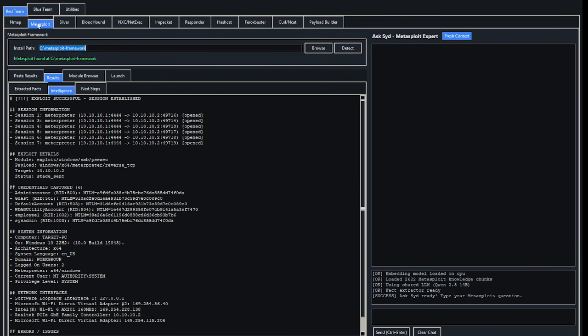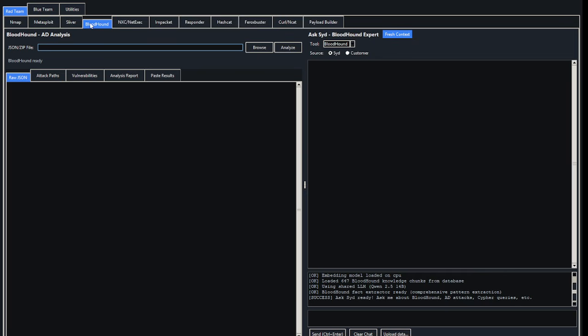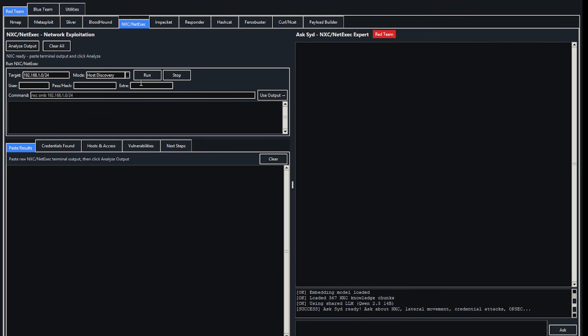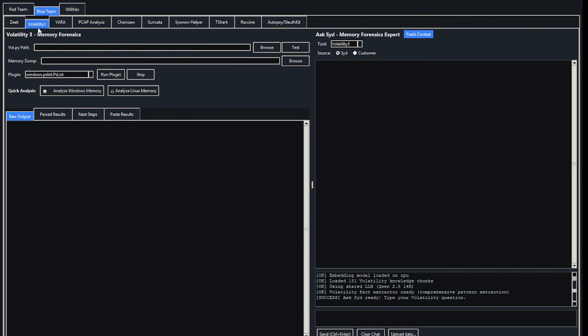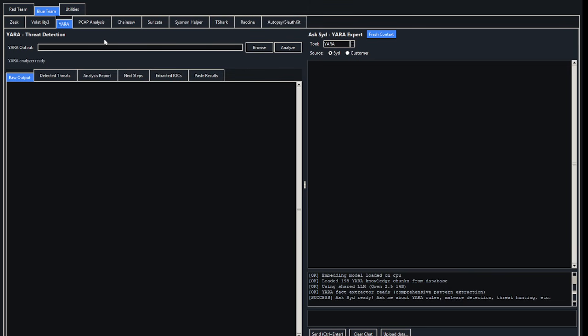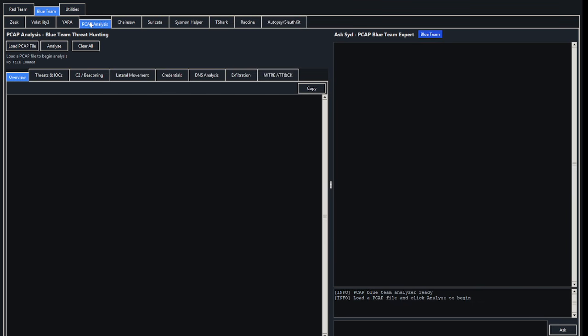So far we've got Nmap, Metasploit, BloodHound, NetExec, and then up here in the blue team, all works exactly the same, by the way. He won't hallucinate for you at all. We have Volatility 3 working, so you can do all your memory forensics. YARA working, so you can do all your threat detection. PCAP, so Wireshark basically, and Chainsaw's working as well. So they're all working, all fine,